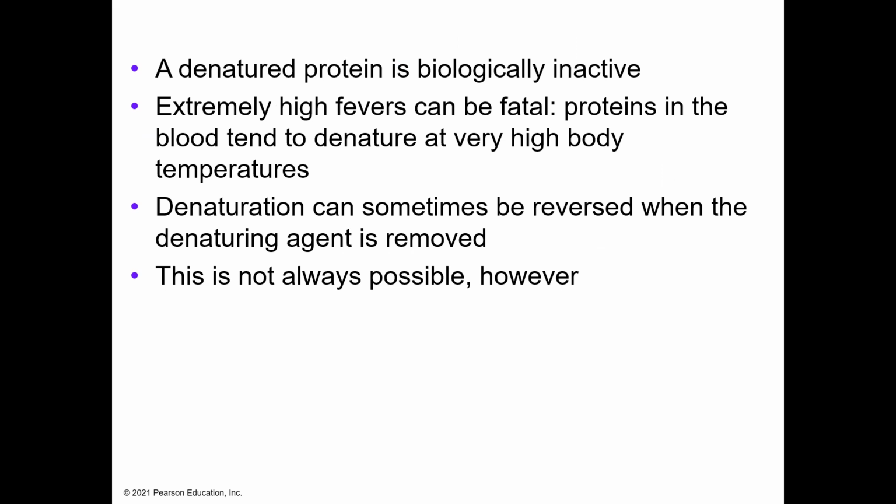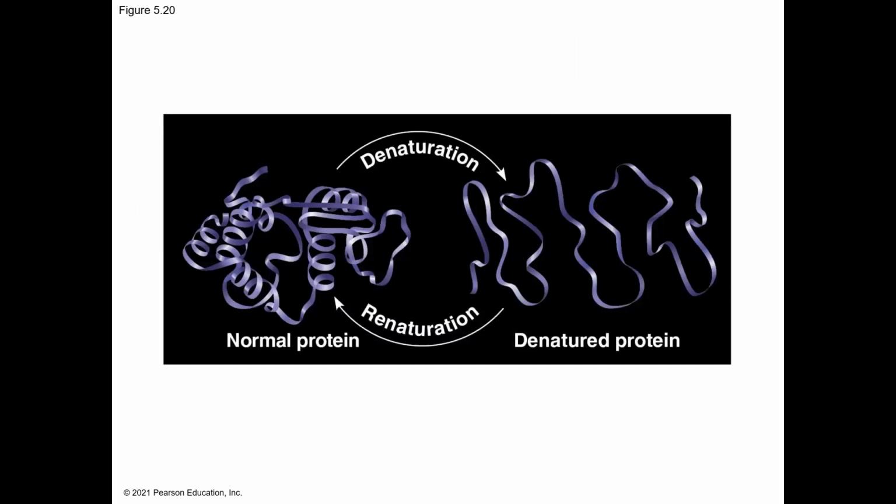Denaturation can sometimes be reversed. That's not always possible. Actually, for the most part, what we've learned medically is that we can't rely upon our bodies to fix proteins that are denatured. Usually, the way to fix a protein that's undergoing denaturation is to recycle it. In a lot of chemical processes, when a protein is denatured, it will then get recycled, and the only way to get that protein back is to rebuild it from the ground up.